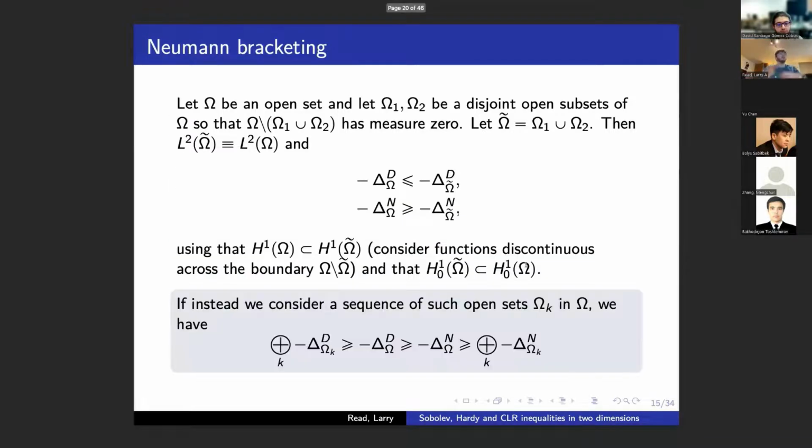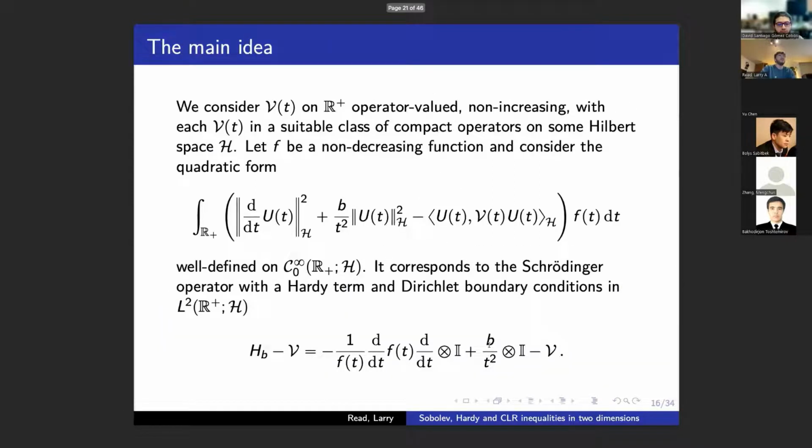Yes, and of course we can do this for a general sequence of open sets satisfying the same property, and obtain the following. If we split our domain up into any k parts, in terms of omega k, then we decrease our Neumann Laplacian, and therefore we increase the number of negative eigenvalues, for example, or the number of eigenvalues below any point.